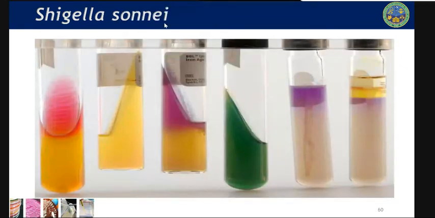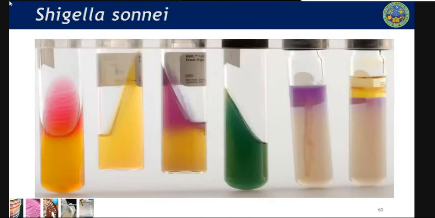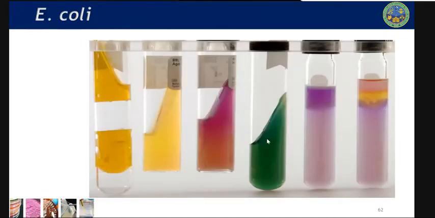So Shigella sonnei, you have K over A, urease negative, LIA K over A, you have citrate negative, you have also motility, and then you have indole negative as well. So for Flexneri, the difference between these two, we have,